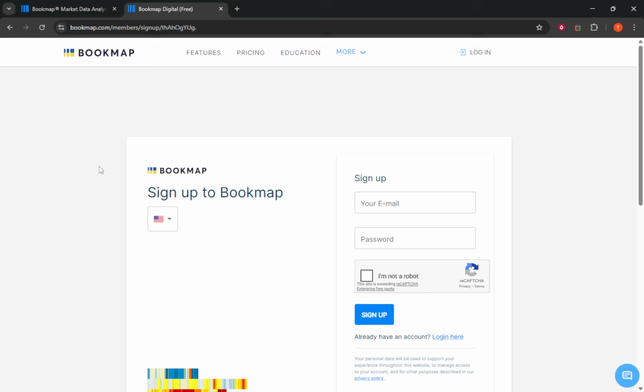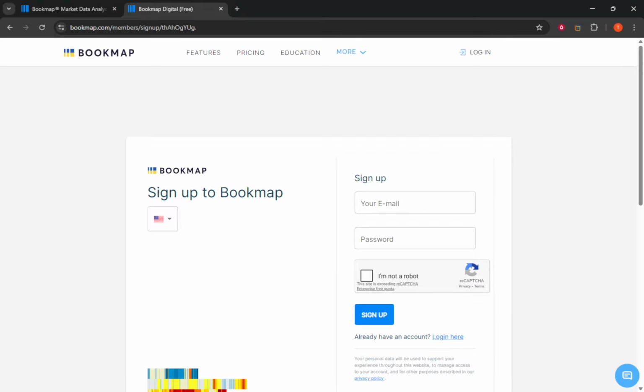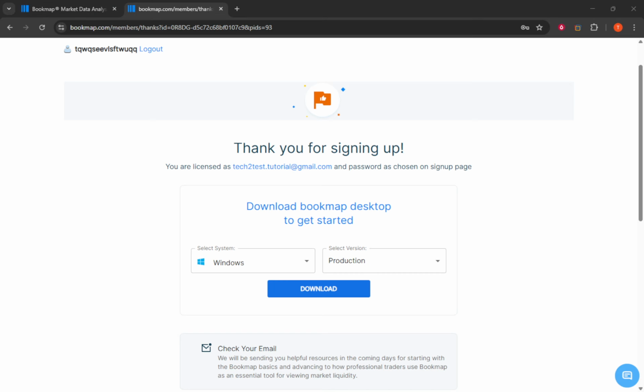First, start with the free digital plan. Head over to the Bookmap website, create an account with your email, download the software, and log in. By default, your account launches on the digital tier, which costs nothing. This gives you access to the core platform, including the basic heat map and liquidity tools that visualize where orders are clustering. You'll also get real-time cryptocurrency data from supported exchanges like Binance and Bitfinex, so you can see live